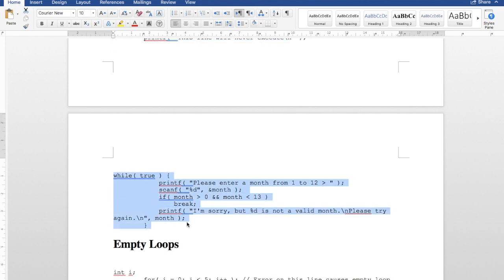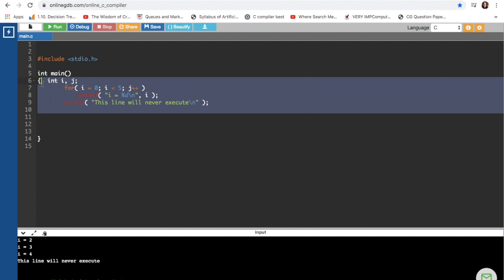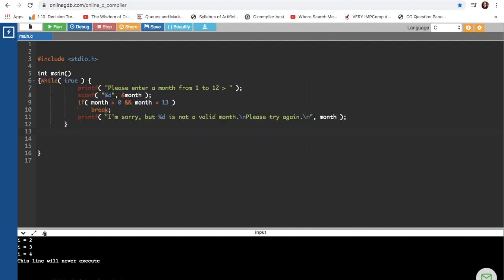Another infinite loop is this one. Next week's lecture, I'll be talking about break. Okay. But an infinite loop is a while true. If you put while true, this is an infinite loop. Okay. But